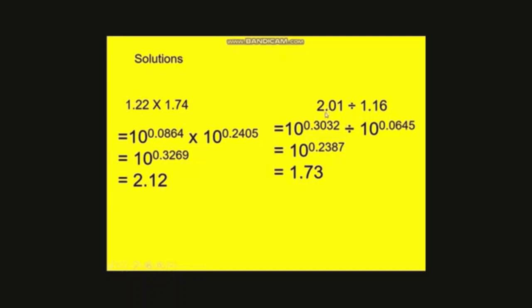For the division one, we got the log of 2.01 is 0.3032, and the log of 1.16 is 0.0645. So if I do that subtraction of these two, we get 0.2387 as our log. And again, if we look for the reverse of that, the closest one is 1.73. So that's how logarithms have been used in the past, before we had scientific calculators,